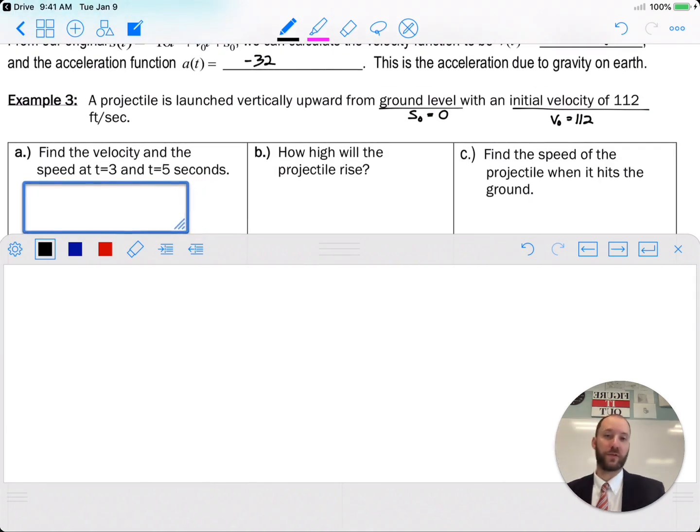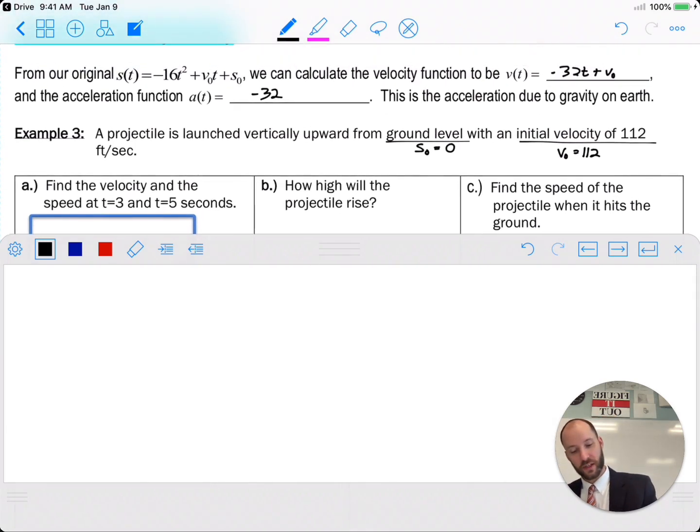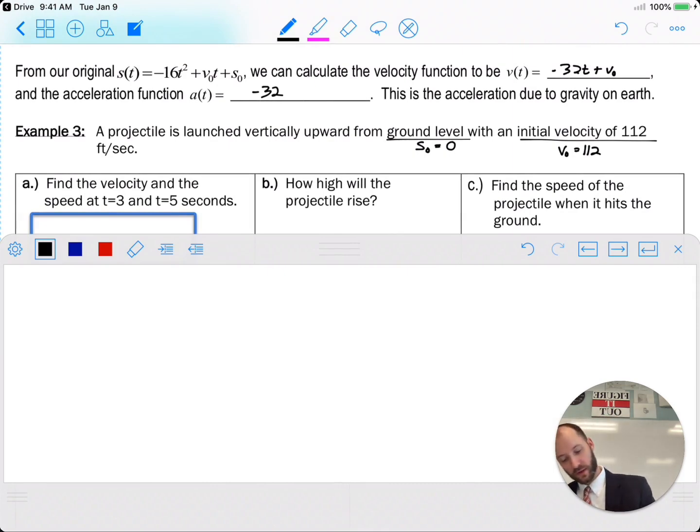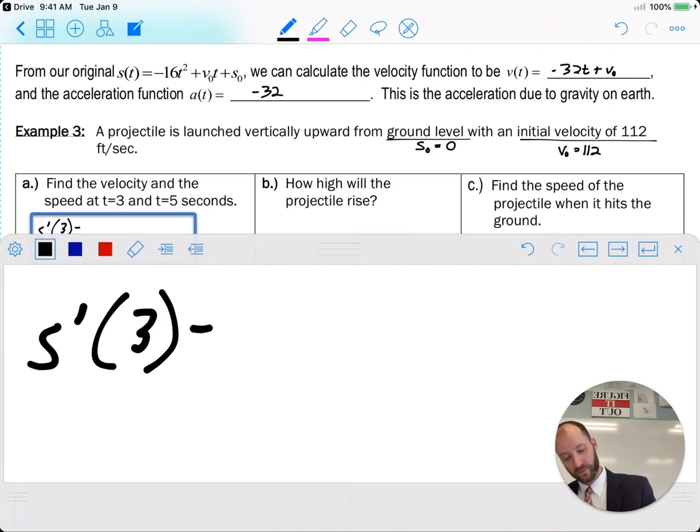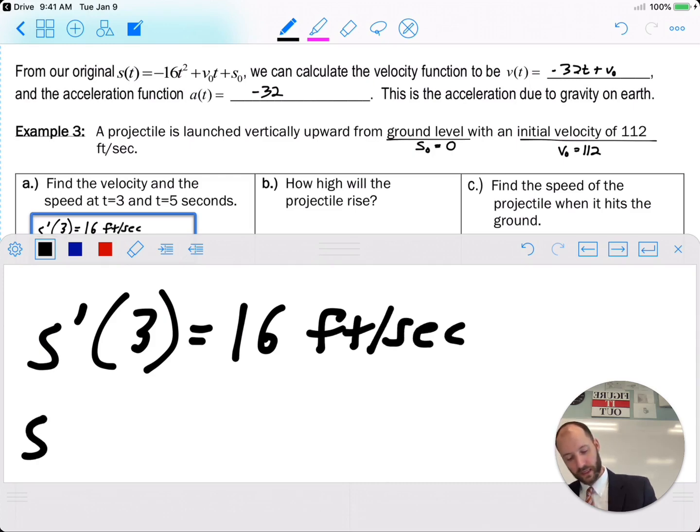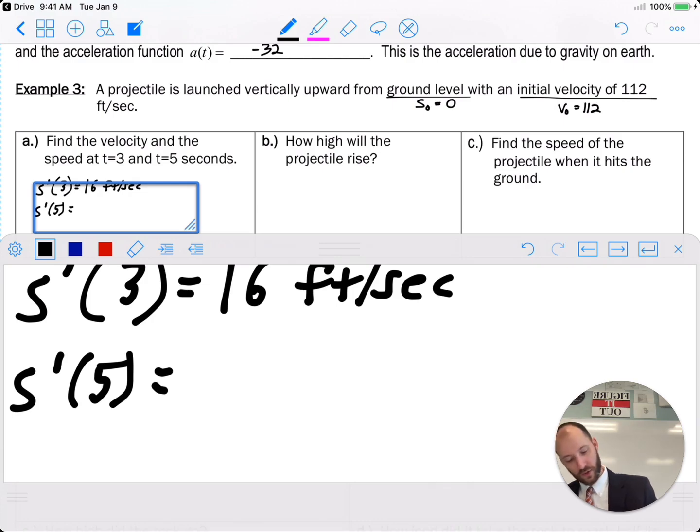So we have our velocity equation. Let's zoom out a little to see that. Okay, so s prime of 3. Going to plug 3 in. So you do that, you get 16 feet per second. Let's find velocity at 5. Plug in 5 to your s prime equation. You get negative 48